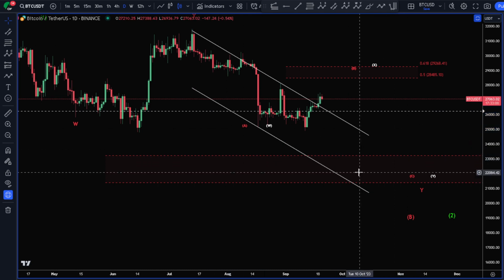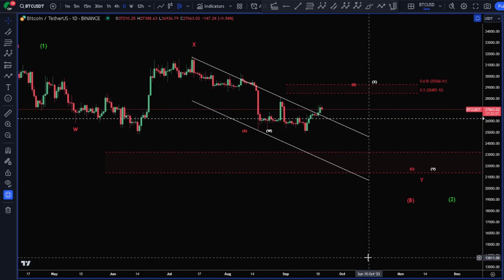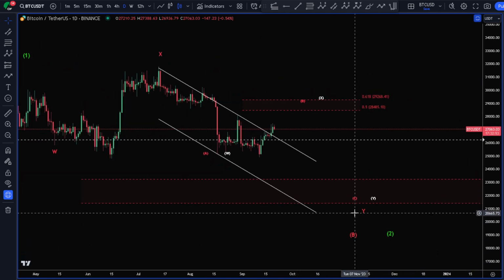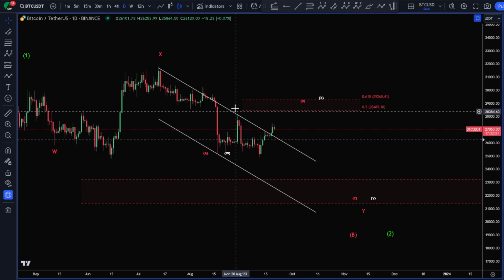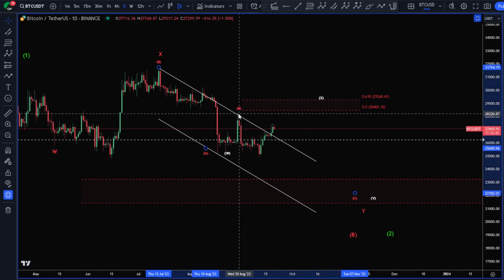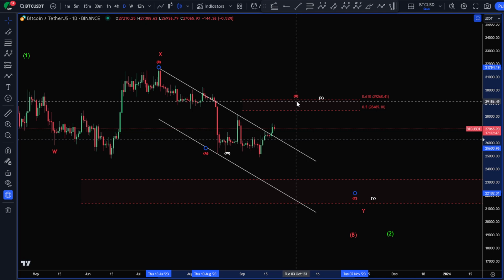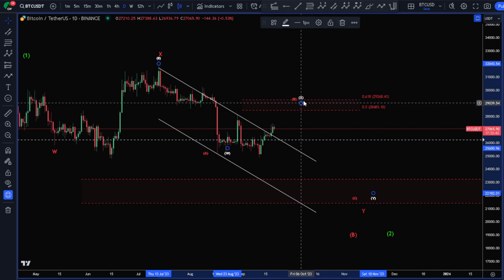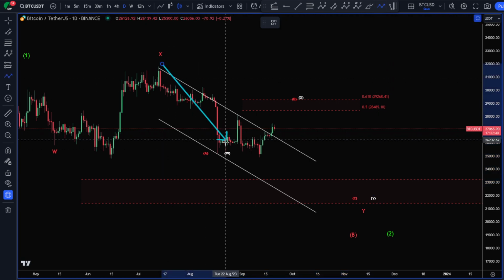But we've broken through the trend channel, which leads me to believe we were on the right path to begin with over the last couple weeks. And our B wave originally was here. We're just extending it out into this area here between the 50 and the 618